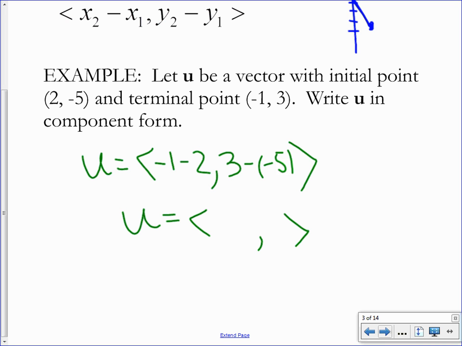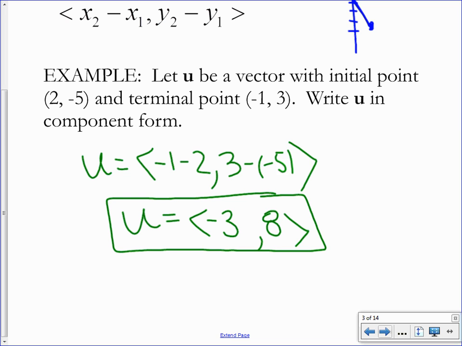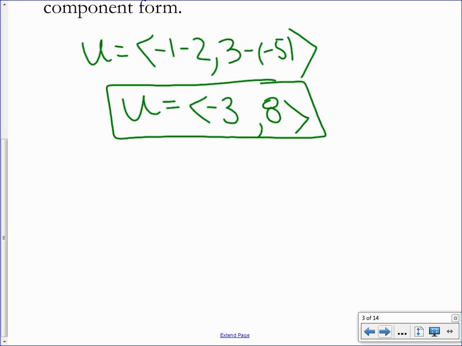What is our x component for this vector? -3. What is our y component for this vector? 8. So this is our vector in component form,